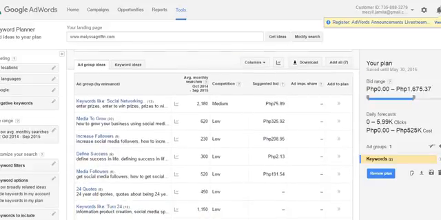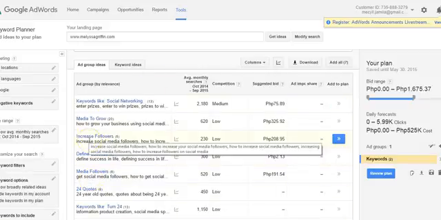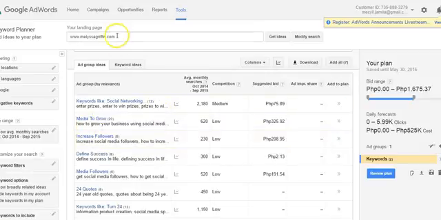So far, this is what we have. Social networking, media to grow, increase followers, define success. These are the usual keywords or terms that are used by the audience to make her site searchable. And if you think Melissa Griffin is your competition, then using these terms will likely be possible for